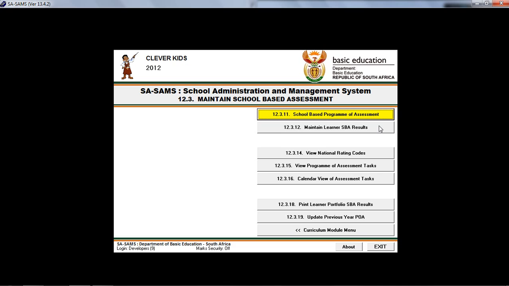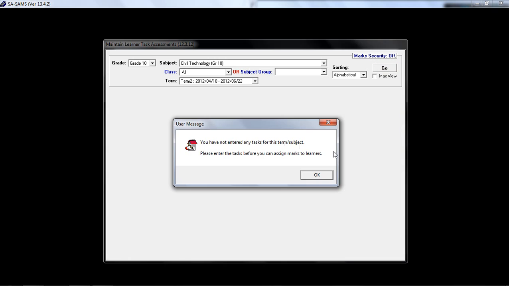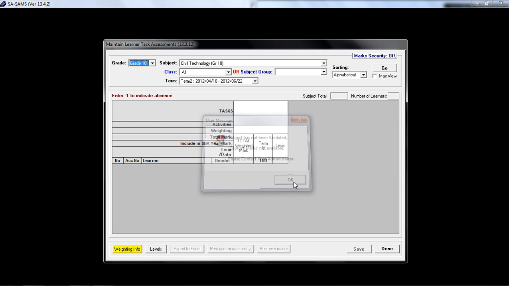The next one is 12.3.12, maintain learner SBA results. First of all, you need to filter by a grade, then selecting your subject, then selecting your class. I'm going to select all. And then once you have validated it and you've actually added in